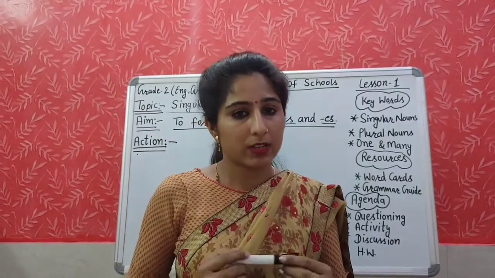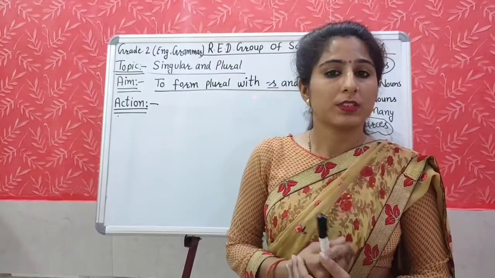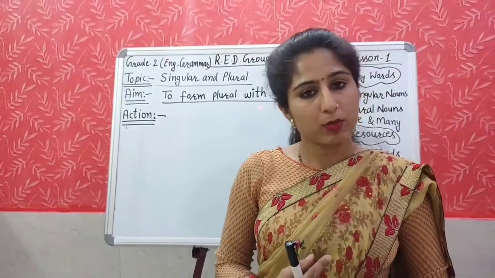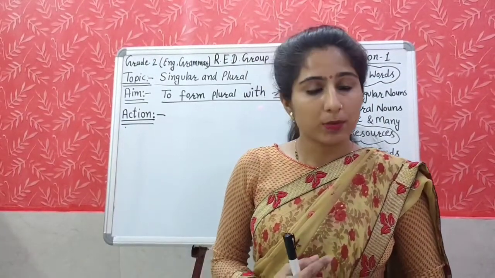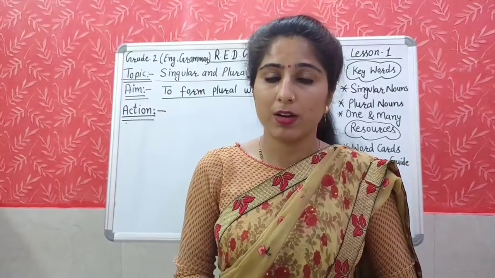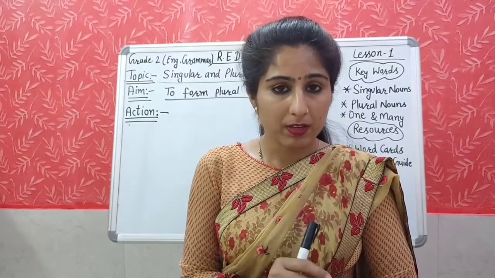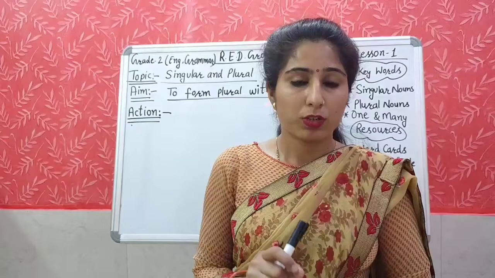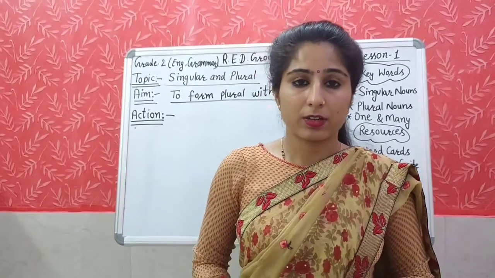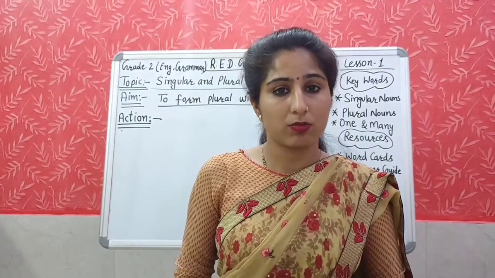So first you will listen to all the rules of this game. What is the rule for this game? You will pick up one card only. One time you will pick up one card. Suppose your card says bird. If you have picked the card of bird, then you have to find out its pair card. On that card, what should be written? Birds. On that card, birds should be written. You have to find that, and then it will be your partner's turn.